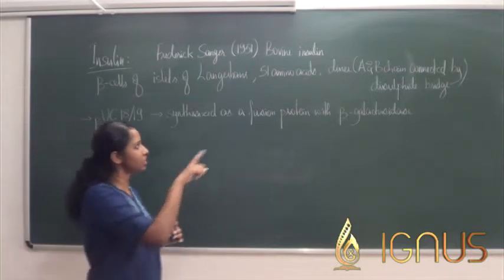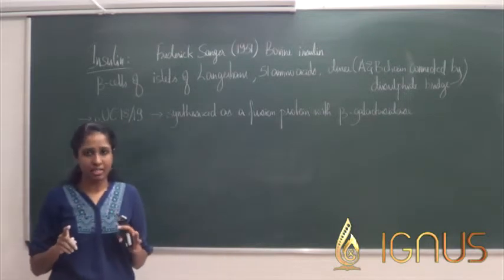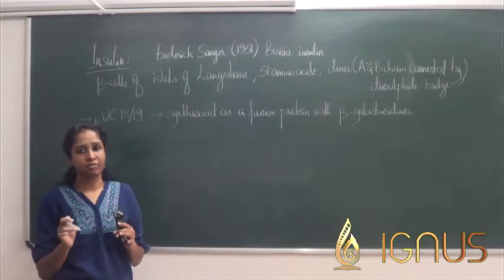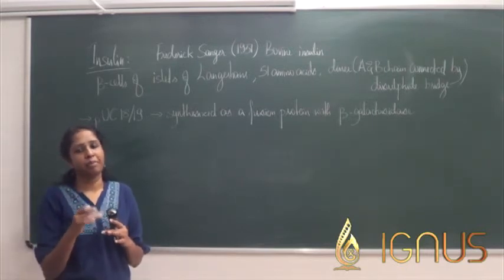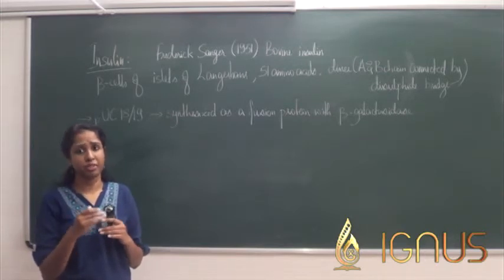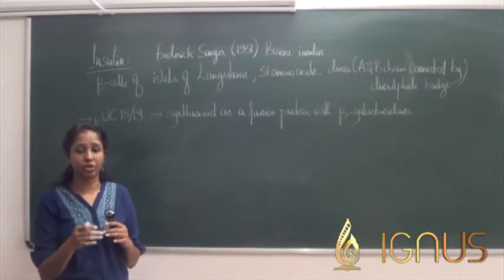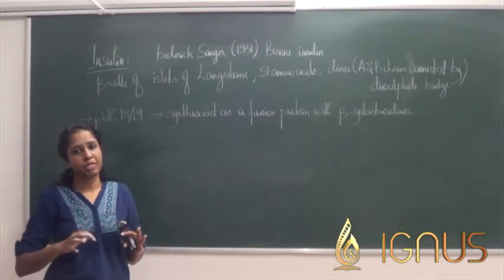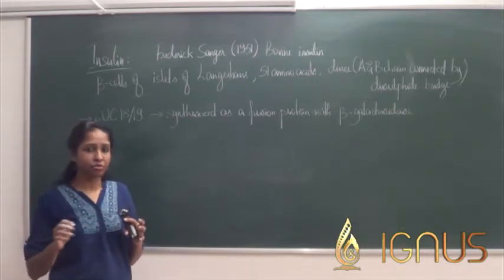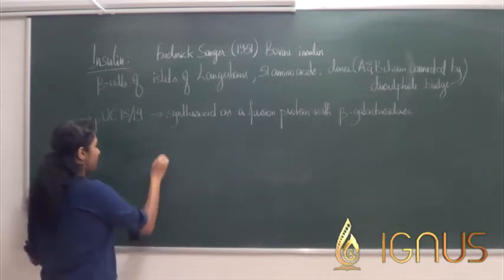But because insulin has 2 subunits, A subunit and B subunit, which need to be connected through a disulfide linkage, this does not happen in prokaryotic organisms. Disulfide bond formation is not going to happen in prokaryotic organisms, so this needs to be done outside of the bacterial cells. Therefore, the thing that was done was to take one